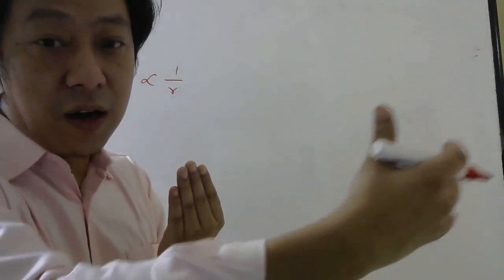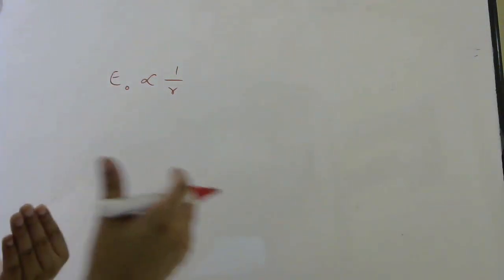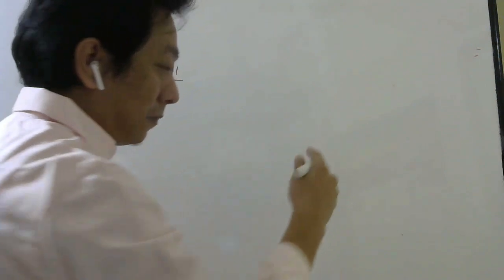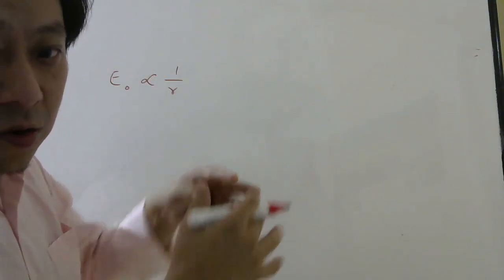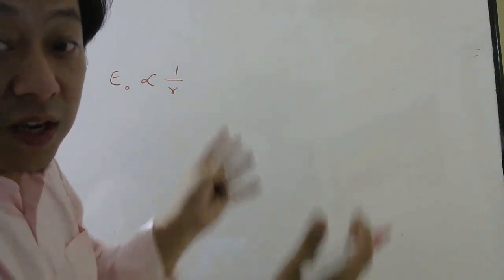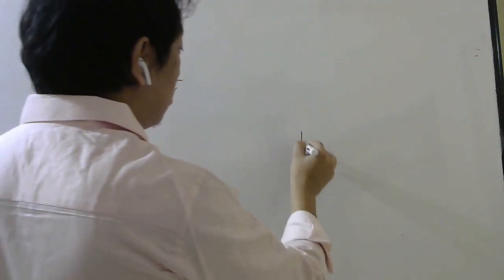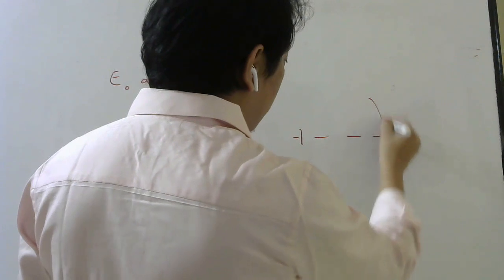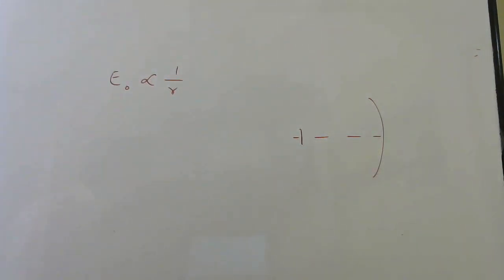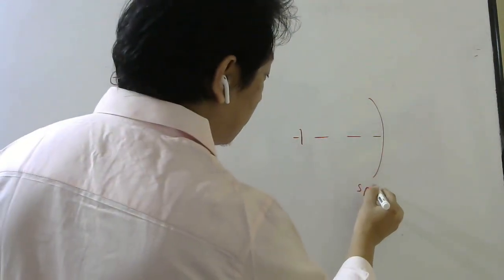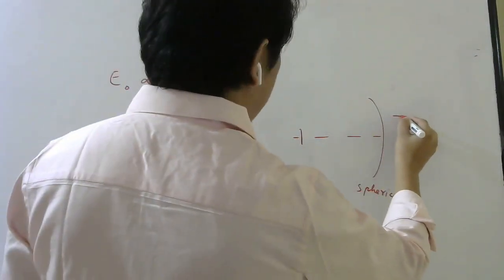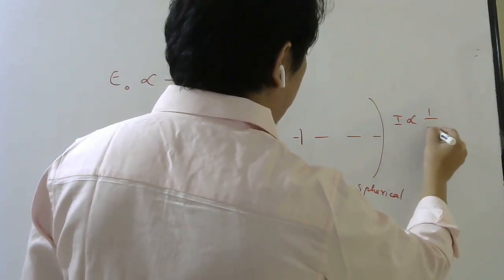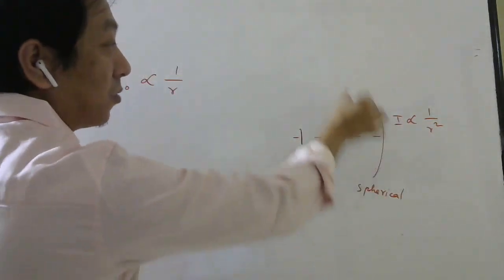But as you go farther and farther, the surface over which the energy is spread, or the field, will take more and more spherical shape. So the farther you are from the antenna, the more spherical it becomes. If it takes spherical shape, then I can say your intensity will be proportional to 1 by R square, because the area will be 4 pi R square.